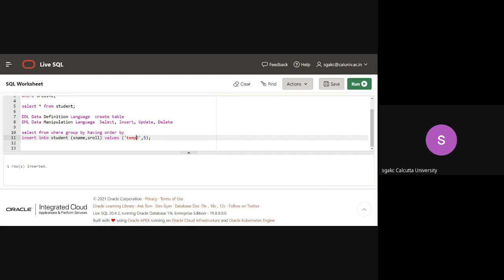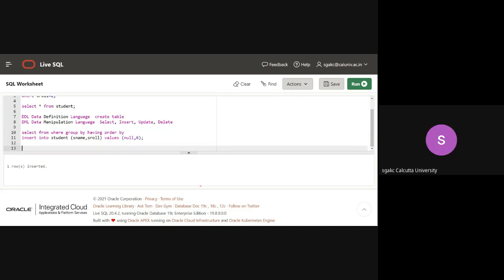So it is a good practice that you use the name of the columns like this. Like you give the column names, then it is not arbitrary. And it can also happen that you don't have maybe the roll number right now, or maybe the student name right now. So what you can do is use something like this. Instead of this, you can write null. Null is a keyword, and you use the roll number like this. So right now this student doesn't have a name. Okay, so it is possible. All right.